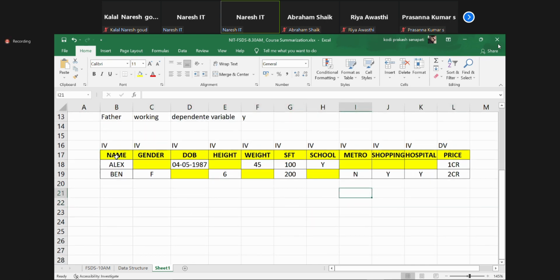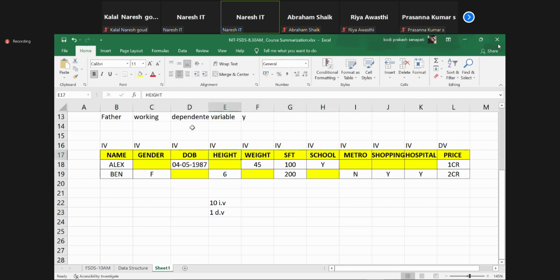Now here, can anybody tell me which attributes are irrelevant to the dependent variable? Out of 1, 2, 3, 4, 5, 6, 7, 8, 9, 10, I have 10 independent variables and 1 dependent variable, isn't it? Let's say you want to buy a house. Out of all these attributes, which are not relevant?